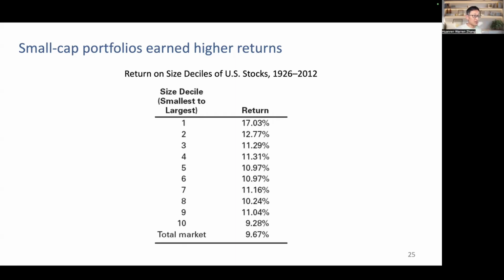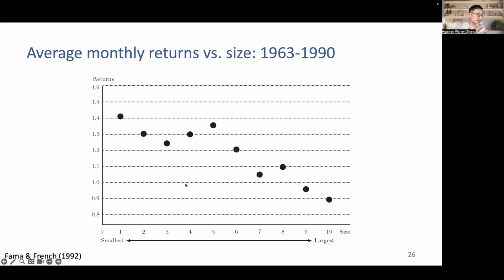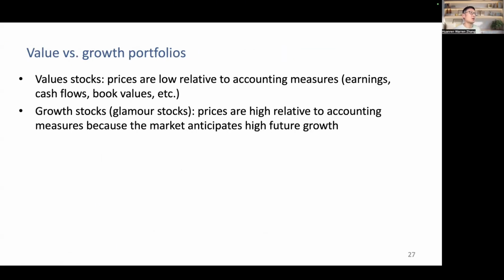According to the efficient market hypothesis, this difference should not be there, right? But we could exploit this pattern to make excess return. And here is another figure demonstrating this difference. On the x-axis, again, we have 10 deciles of portfolios based on the size of the firms, from the smallest firms to the largest firms. And we see a clear trend: as we increase the size of the firms, we have a lower return. Now that's the first observation. Based on past data, small firms usually perform better compared to large firms.